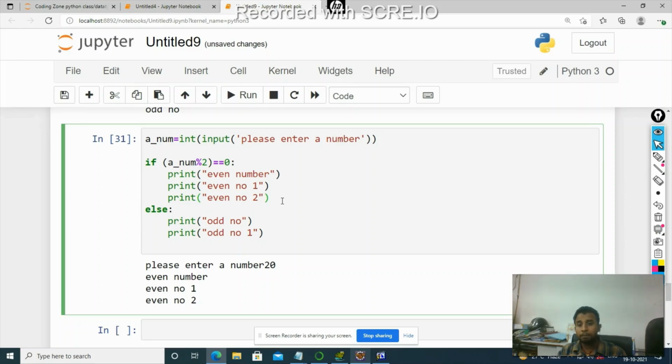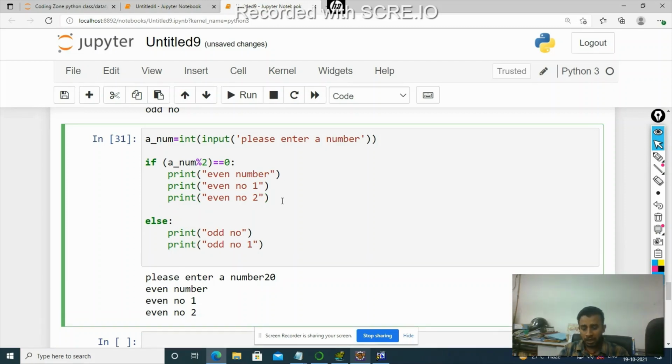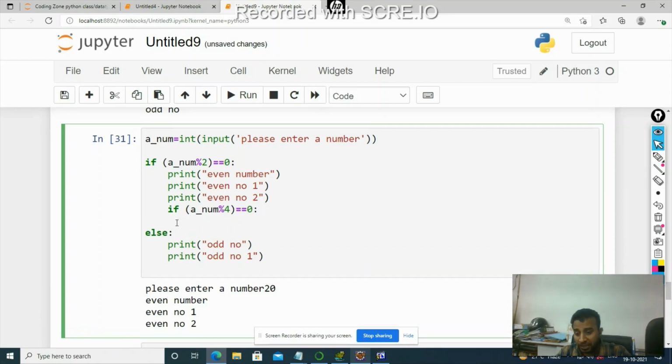The more indentation, the more complex the programs become. Suppose here I have written one more if, num % 4 equal to 0. I have used one more indentation. Now everything, look at this space, equidistant space. Now everything we write here belongs to the scope of what? It belongs to this expression if,